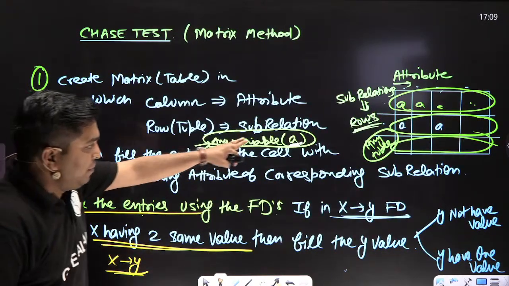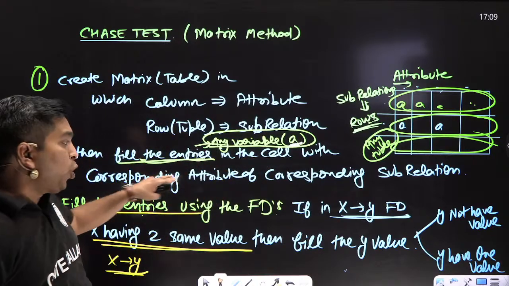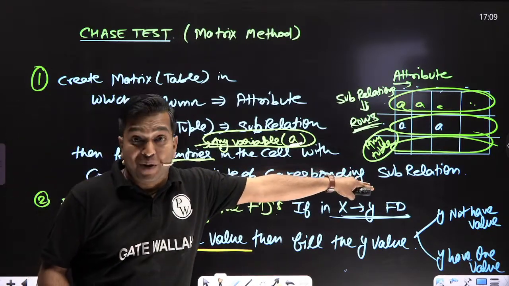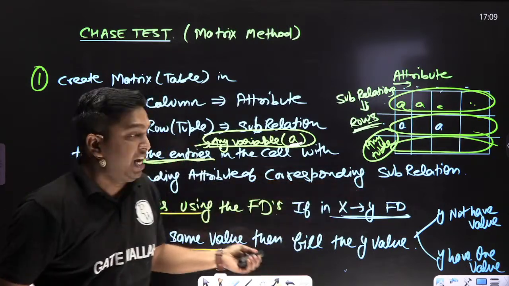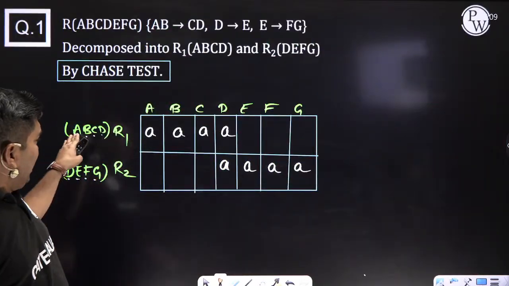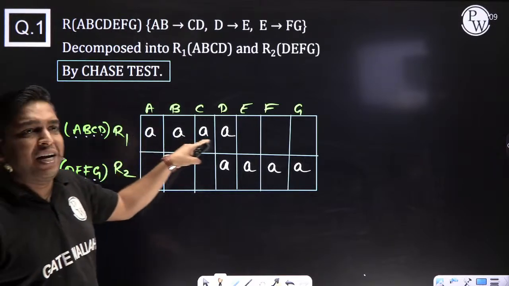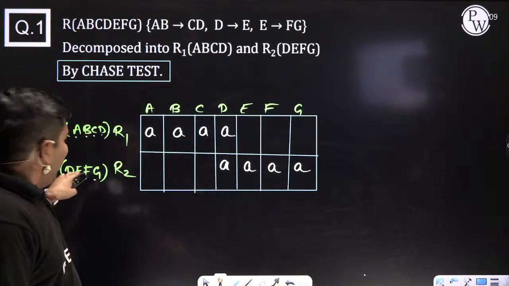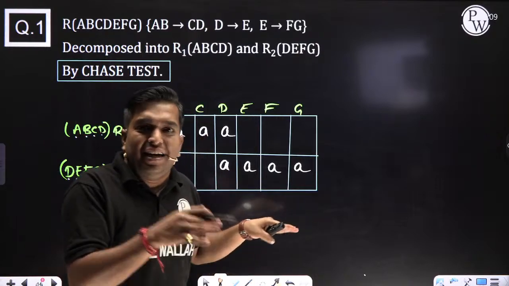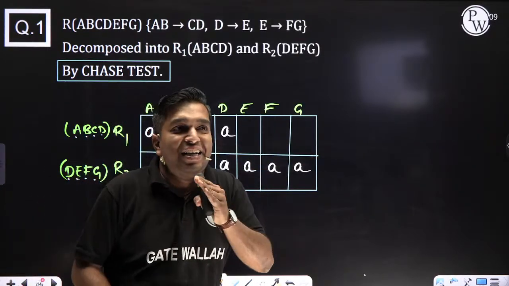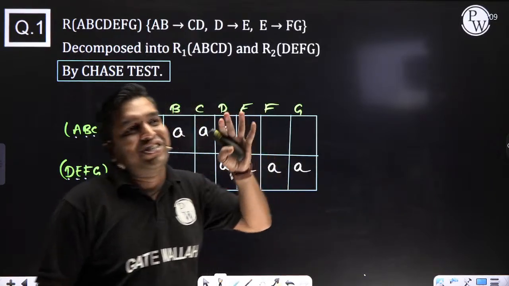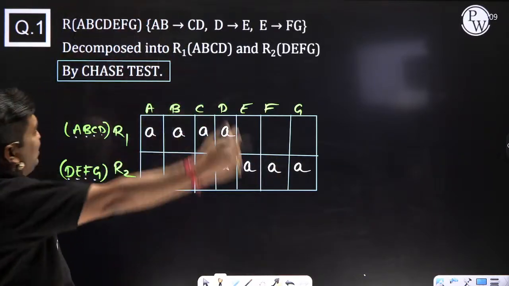Fill the variable A in the cell with the corresponding attribute of the corresponding sub-relation. What is the meaning of corresponding attribute of corresponding sub-relation? Here A, B, C, D, I will write A. Here D, E, F, G, write down A. Crystal clear till now? Acknowledge, please. Then,